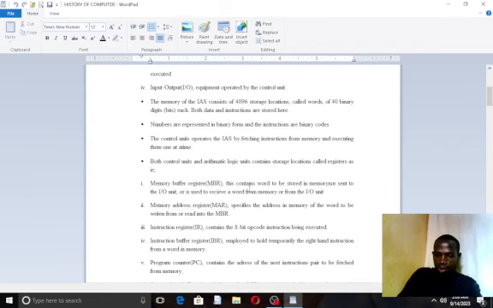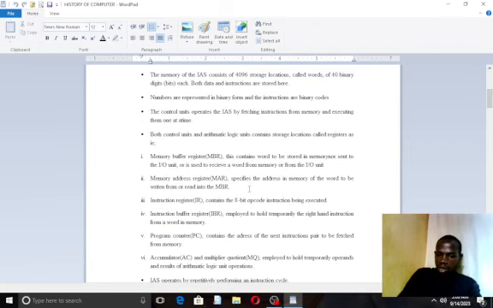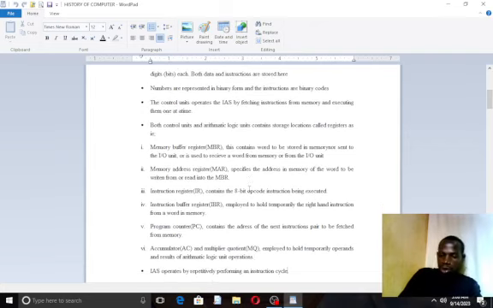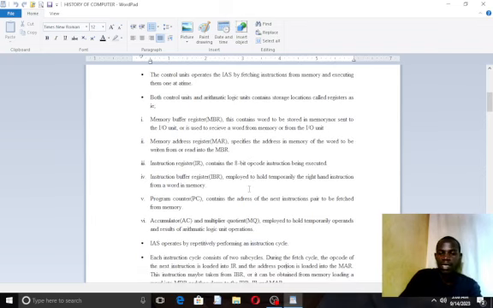For example, it consists of the memory buffer register, which contains what is to be stored in the memory or is used to receive a word from memory or from the input-output unit. It consists of the memory address register, which specifies the address in memory of the word to be written from or read into the memory buffer register. It also consists of the instruction register, which contains the 8-bit opcode of the instruction being executed. It also consists of the instruction buffer register, which is employed to hold temporarily the right-hand instruction from a word in memory,